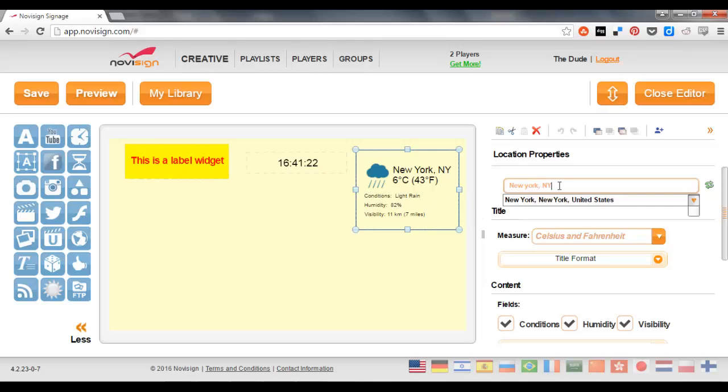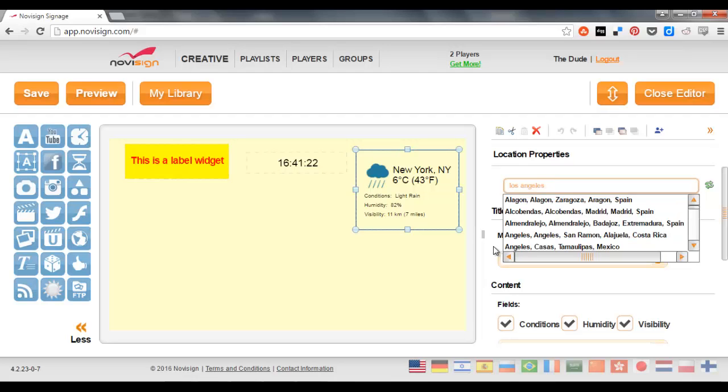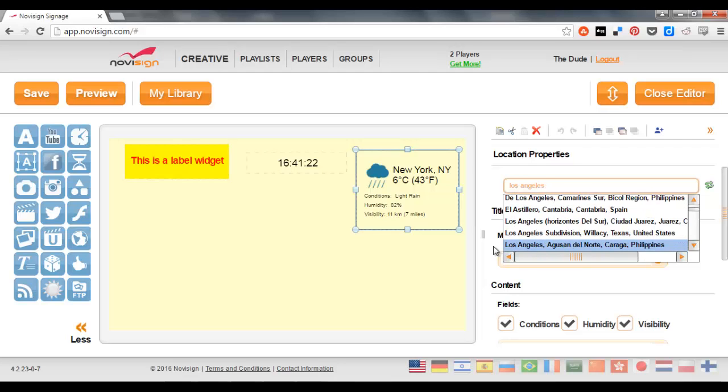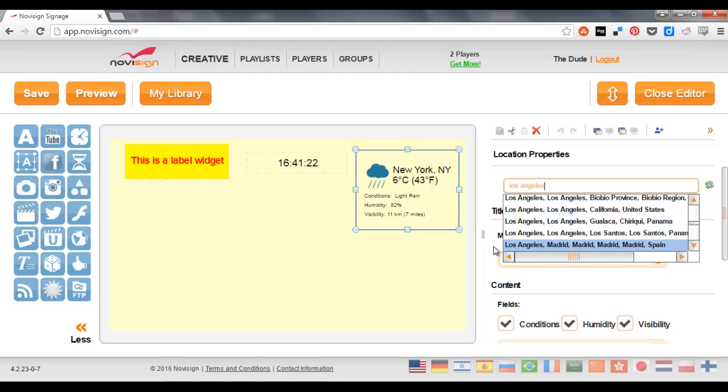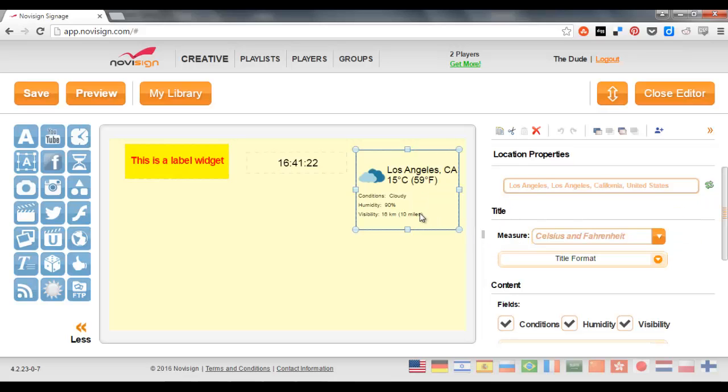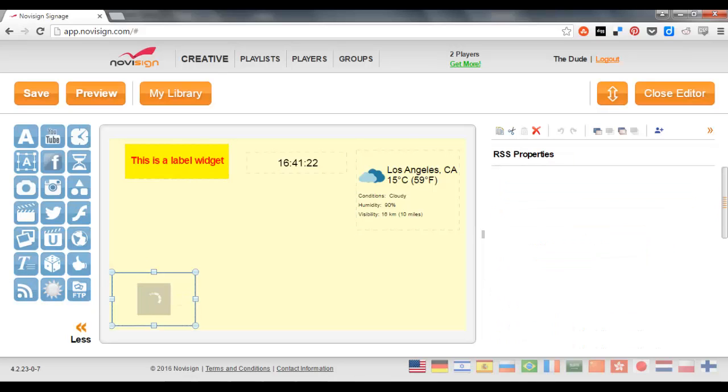You can change the location like Los Angeles, in California. And I can add other widgets such as the RSS widget,